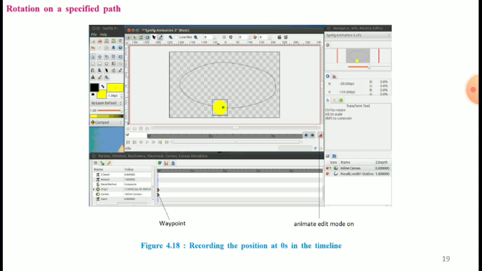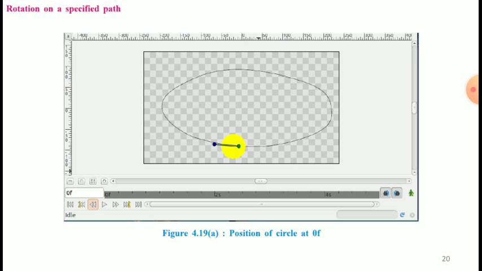Now click on the 5s mark in the timeline and drag the circle in the anti-clockwise direction using the positioning duck, that is the green duck, till you reach the ending point of the Bline.